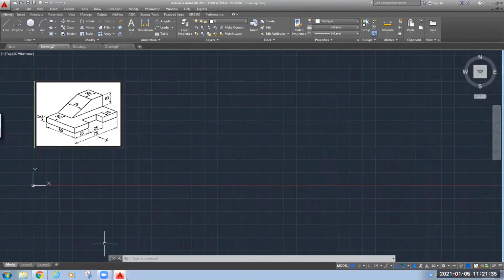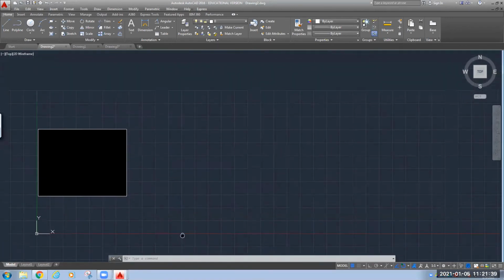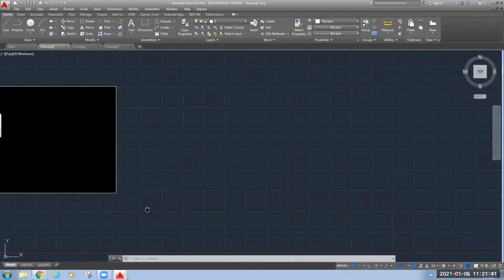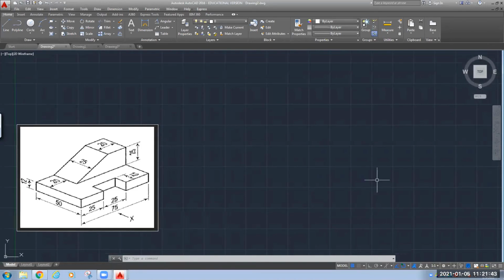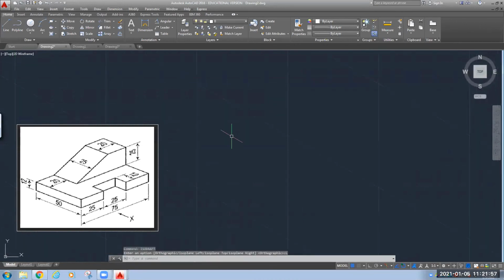So the command which we will use to start with, I will draw this figure just above this, or I'll draw here, later on we will move that. So first you have to go for ISO draft. Click on this ISO plane left.